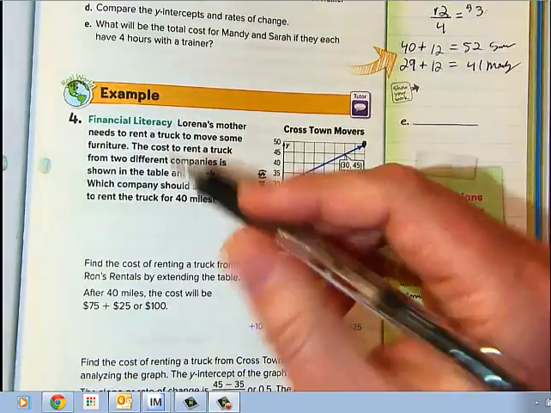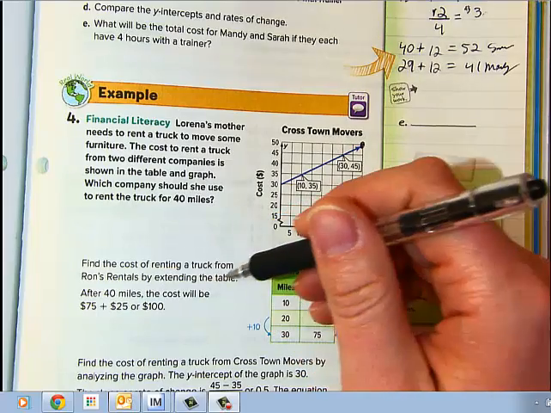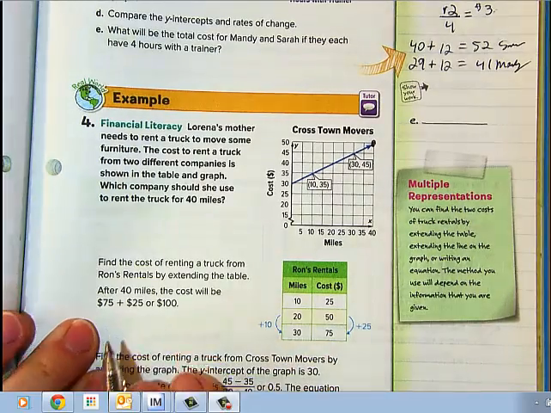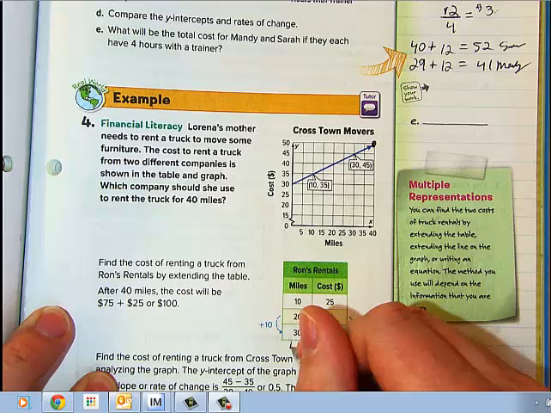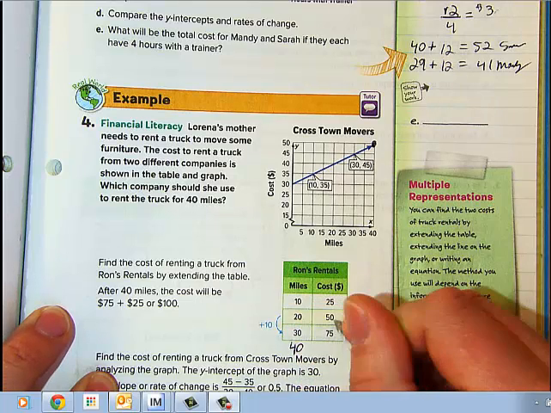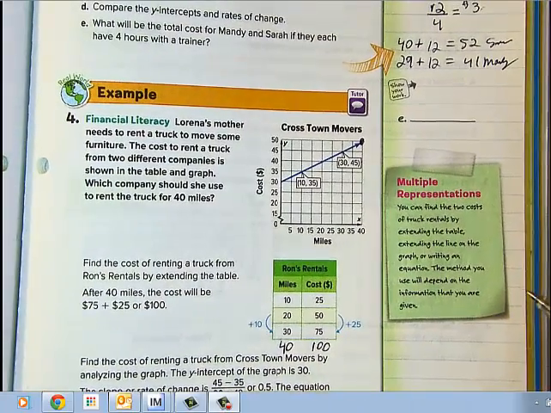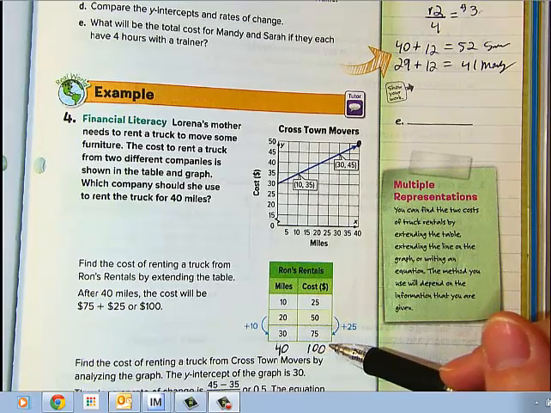So it says, find the cost of renting a truck from Ron's Rental by extending the table after 40 miles. The cost will be $75 plus another $25 because we know it's going up by 25. So we have 40 miles right there. It'll be another 25 and it'll be 100. So extending the table is a good strategy to use as well. And you can clearly see that this one, Ron's, is way more expensive